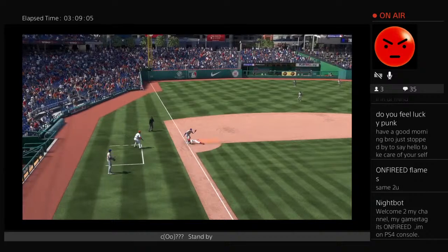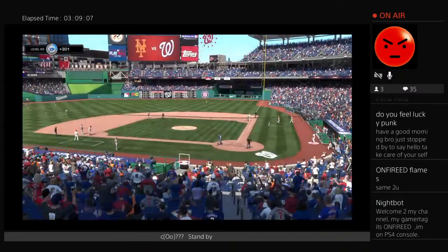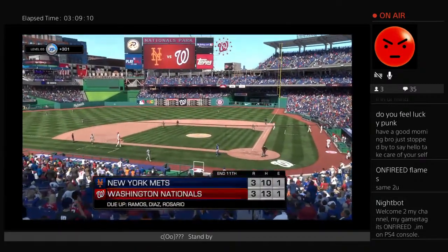Conforto calls off the left fielder as he takes charge for the second out. And the tag's there. He's out at third base. It's a double play, and just